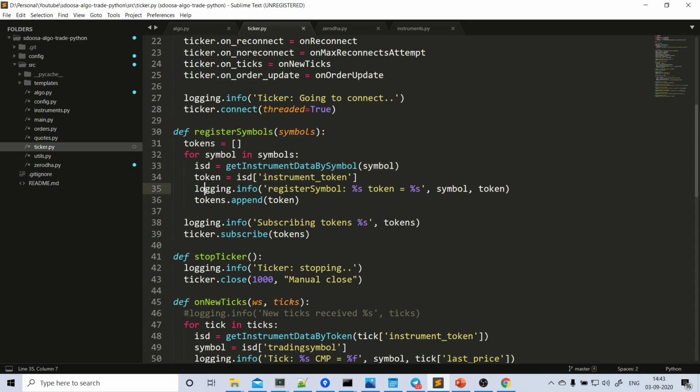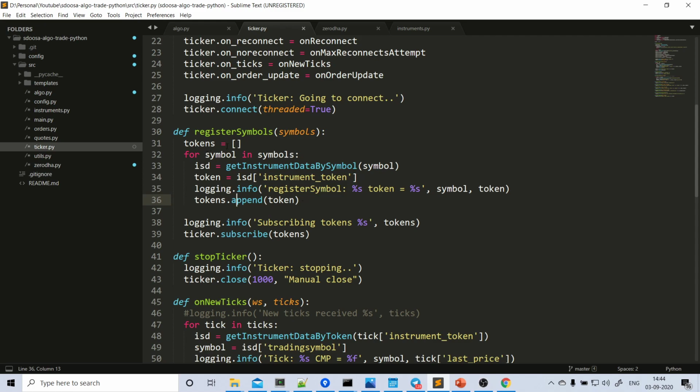I'm interested only in the instrument token. I store all the tokens inside another array. In the case of SBI and Reliance, this goes through a loop: we get the Reliance token and append it to the tokens array, then SBI comes, we get the SBI instrument token by calling this method, and push that token to this array.